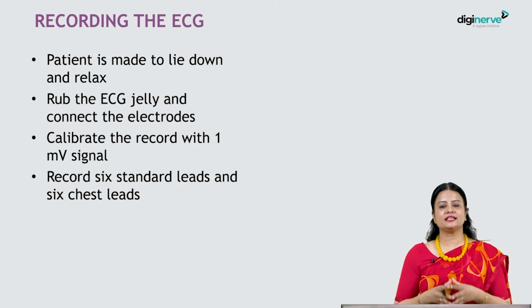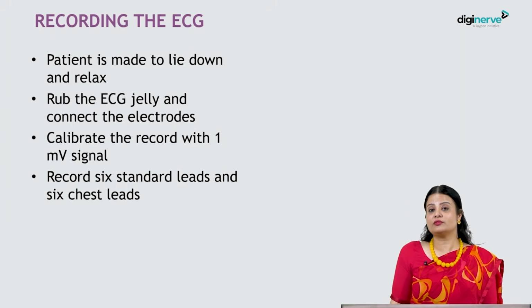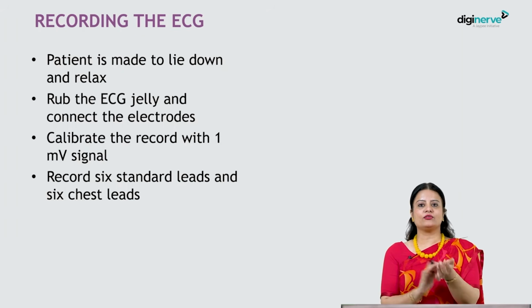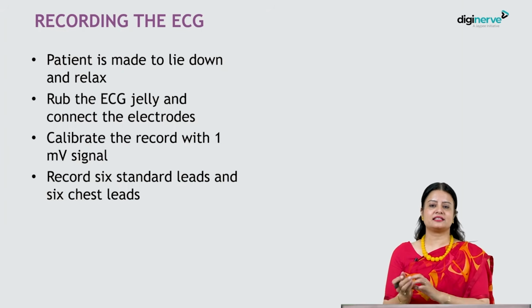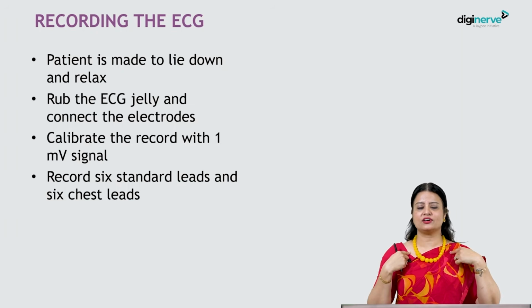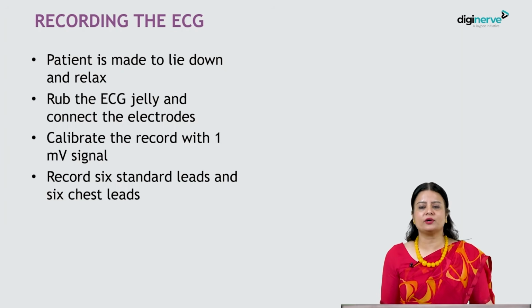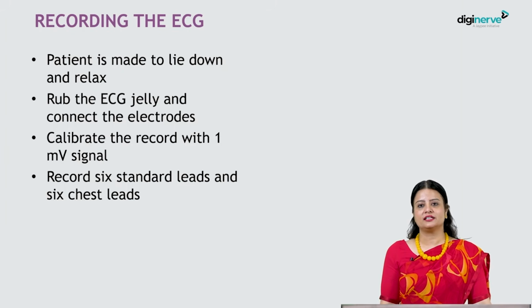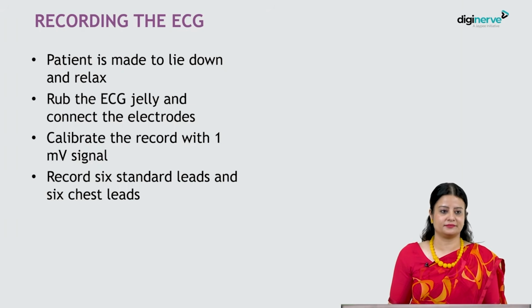For recording the ECG, we ask the patient to lie down comfortably on a couch, taking care that he is not wearing anything metallic on his body, because we are going to record the electrical current. And we rub the jelly over the limbs and we attach the electrodes on the wrists and the ankles. But we had discussed that the Einthoven triangle is on the acromion. Then why do we put the electrode on the limbs? Actually, our body is acting as a volume conductor. So it doesn't matter whether you put the electrode here or here, it is going to record the same thing.